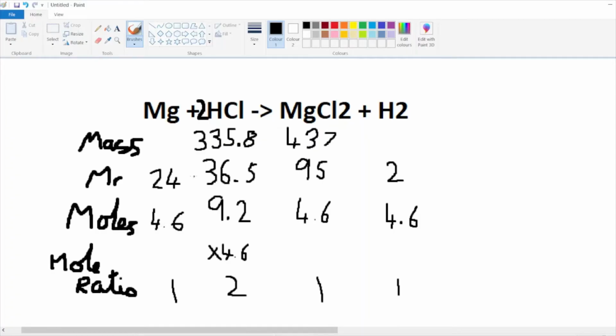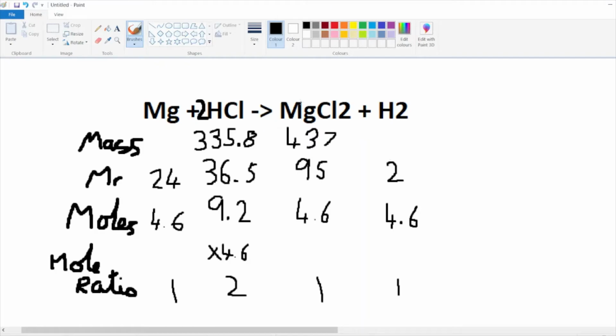For me, the only tricky bit is figuring out whether you have to use this 2 or not. 99% of cases, no. You just find the relative formula mass of this, not including the 2, so this isn't 73. This is just referencing the mole ratio, not the relative formula mass of this. However, the little 2's, or what should be little 2's, but they're actually big 2's, they do count because one molecule of hydrogen, because hydrogen's diatomic, you would have 2 hydrogens bonded together,